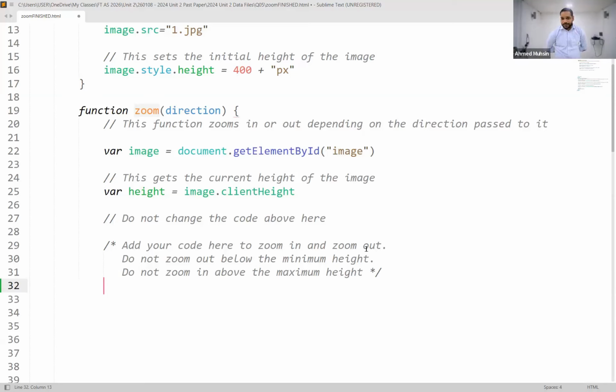Break it down into smaller parts. Let's finish zoom in first. So how shall I do it? I also think we need to use if, right? We are going to check whether the user has clicked on in or out. So I'll say if